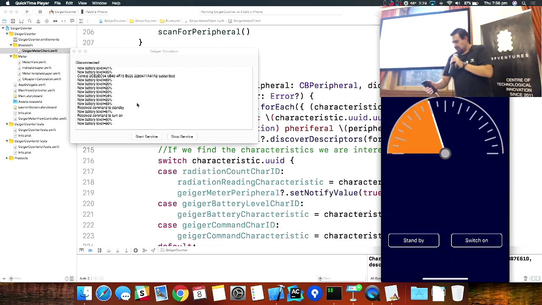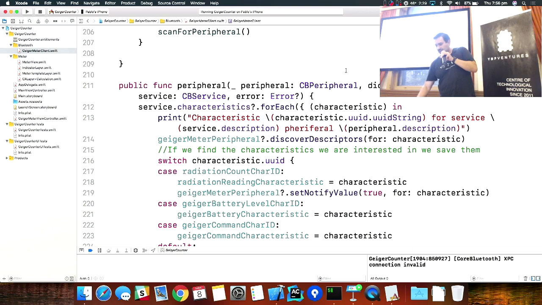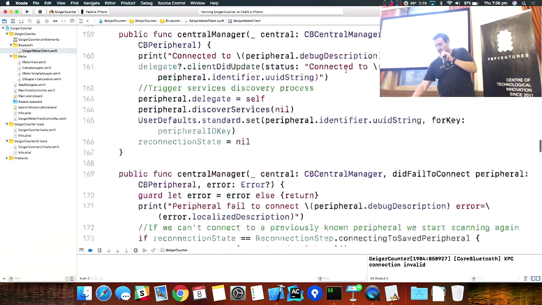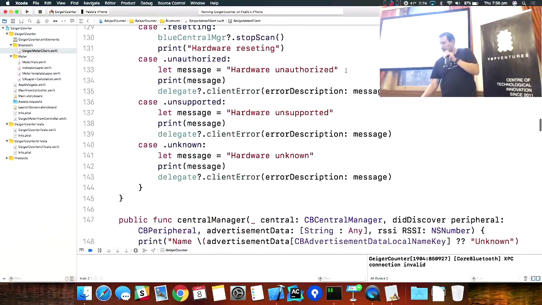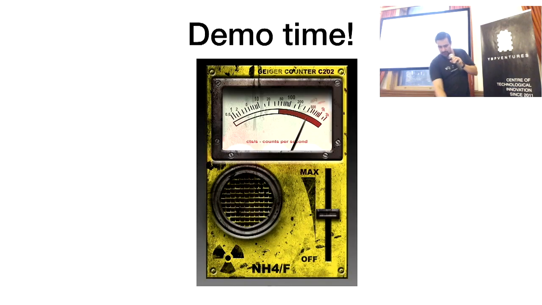Yeah, so that's it. You're telling the Bluetooth device to start and stop sending? Yes, exactly. So I thought it wouldn't make much sense going through all the code. I'm going to put it on GitHub, if you're curious. But going back to the presentation,